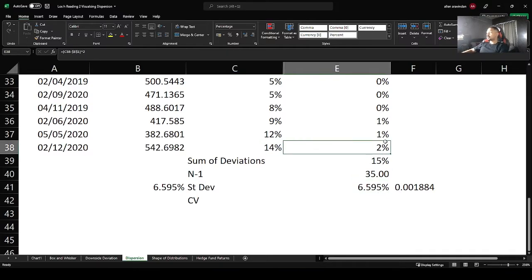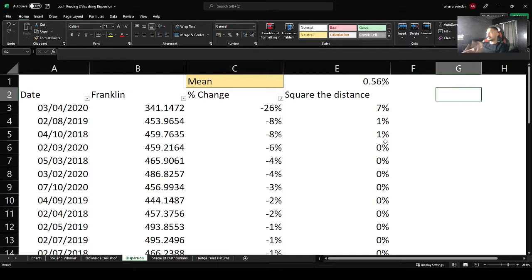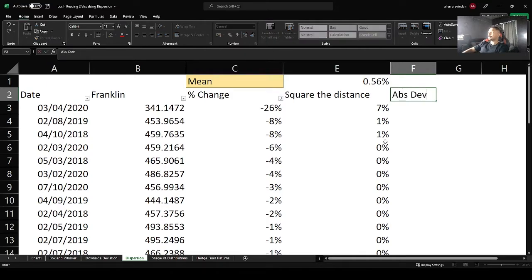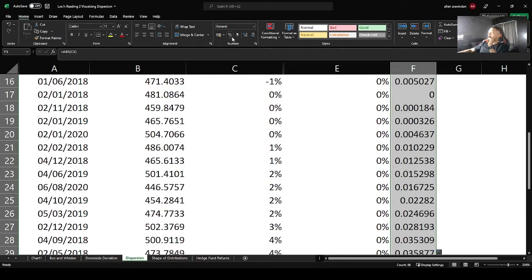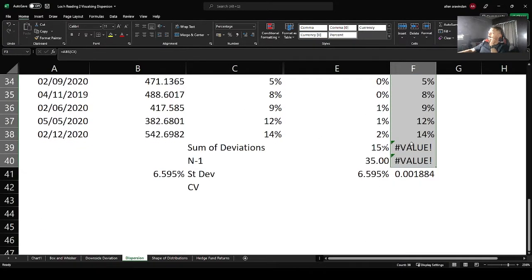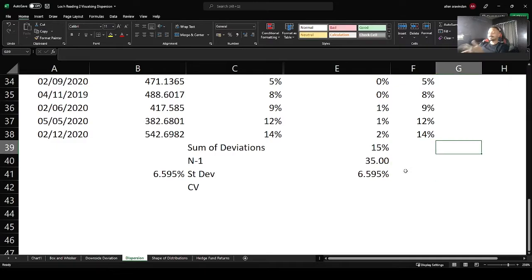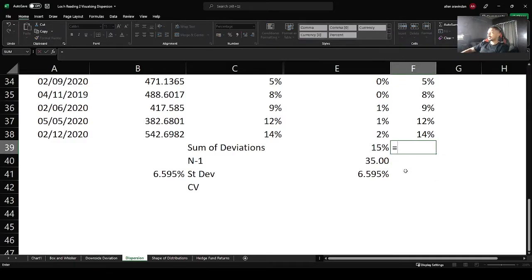Now what if we do not want to square? Let's say we want to use the additive method. In that case, we find the absolute deviation from the mean: we get rid of the signs by ignoring them, not squaring them. So we take the absolute value, ignoring the sign here, and let me put it into percentage values. Now see what happens. Since I've not squared it, I can use the same additive principle, so I'm just going to add it up.